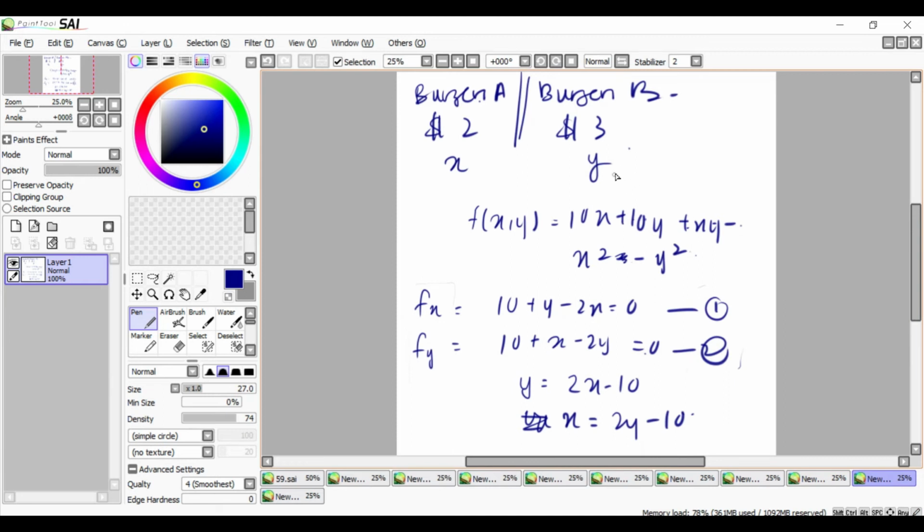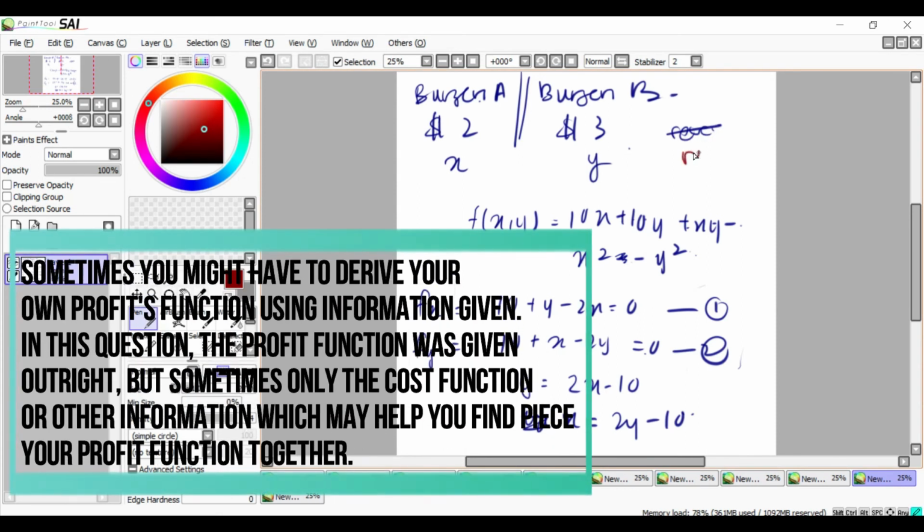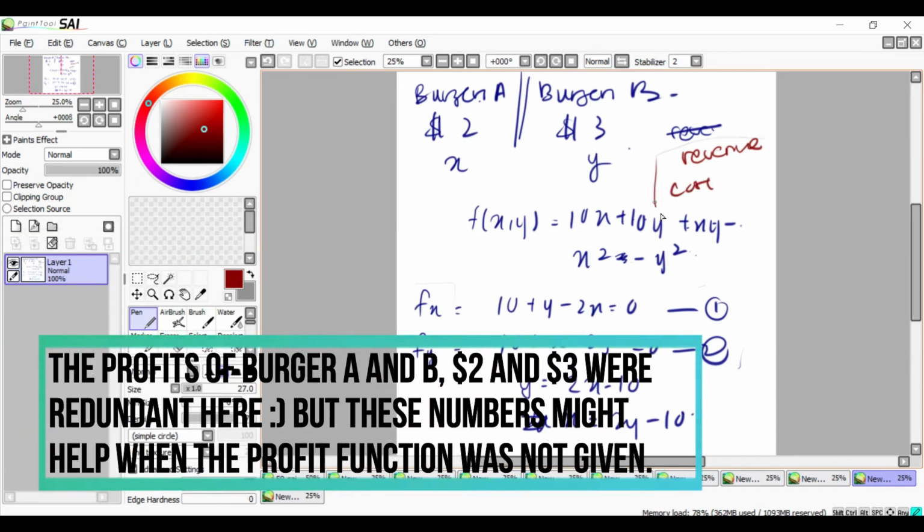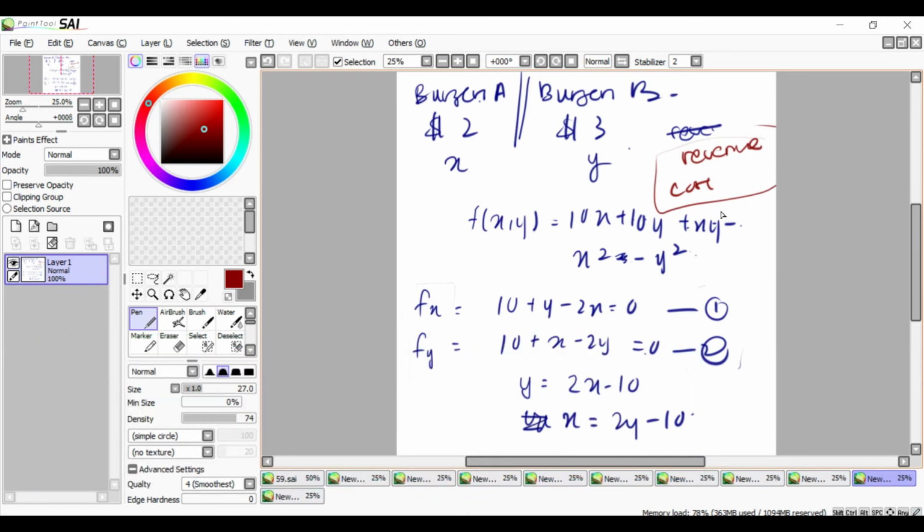In certain questions they might give you revenue and cost, and you've got to derive the profit yourself. So sometimes it's not as straightforward as this one,